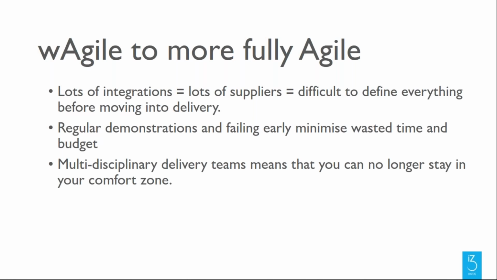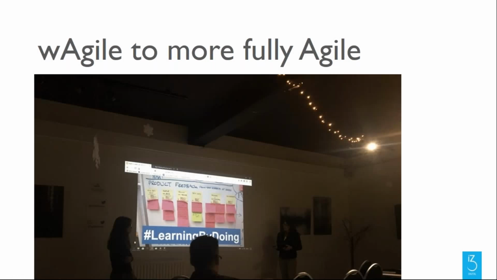And I think the last thing I wanted to talk about is the multidisciplinary delivery teams within Agile projects, where you've got lots of different web services and systems being used, which means organizations have got to move away from their traditional comfort zones. So whereas 10 years ago you might have employed one company to do your entire Agile project, including your online marketing, now we're seeing lots more specialists being used within a wider delivery schedule. And I think as part of that, there's certainly a big emphasis on learning by doing.